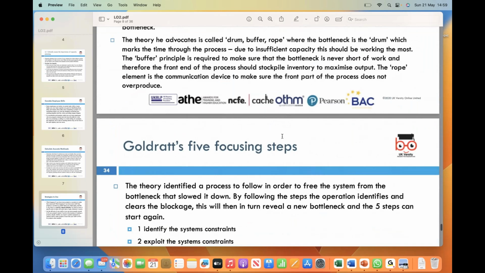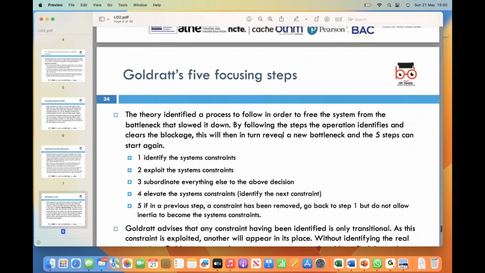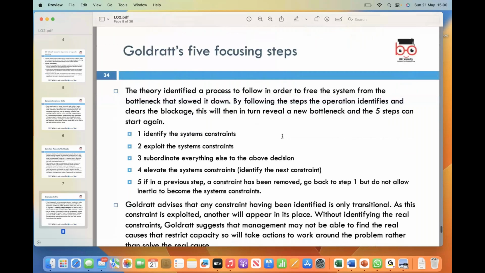Goldratt's five focusing steps. There are five focusing steps which provide a process for freeing a system from bottlenecks and improving its overall performance. These steps help us identify and address constraints that slow down the system. So, step one is identify the system's constraints, two, exploit the system constraints, three, subordinate everything else to the above decisions,